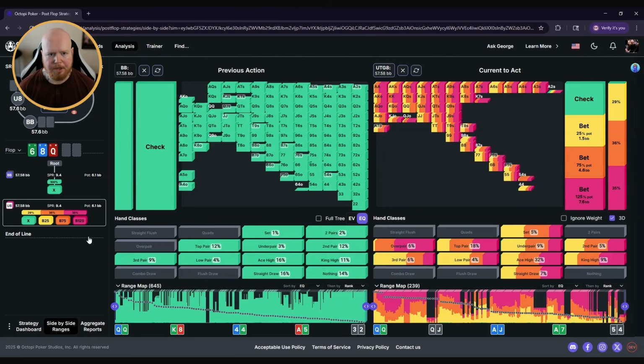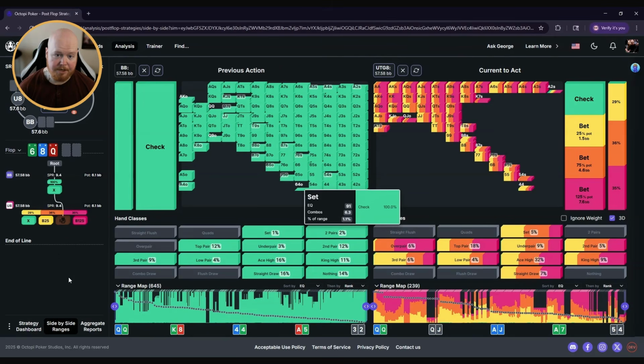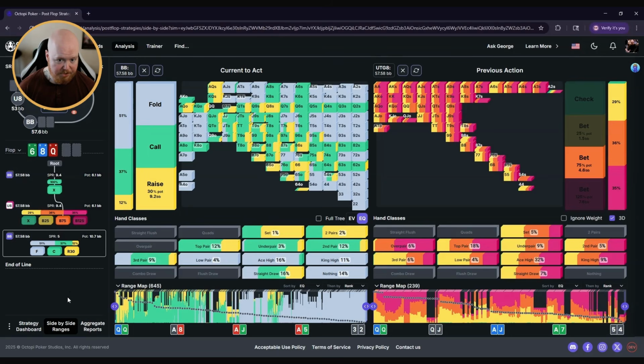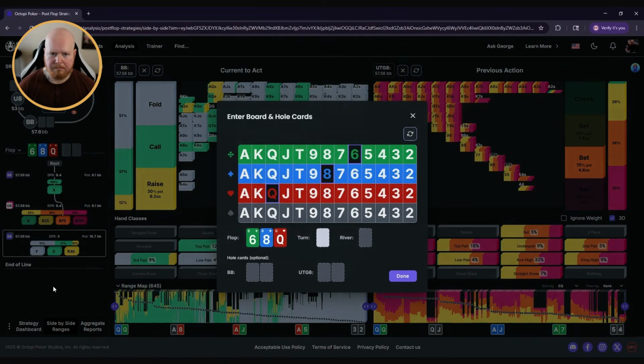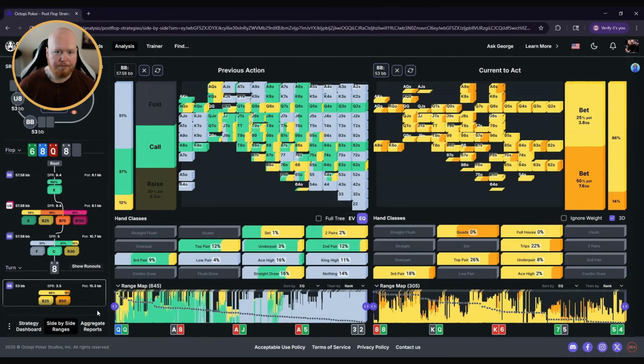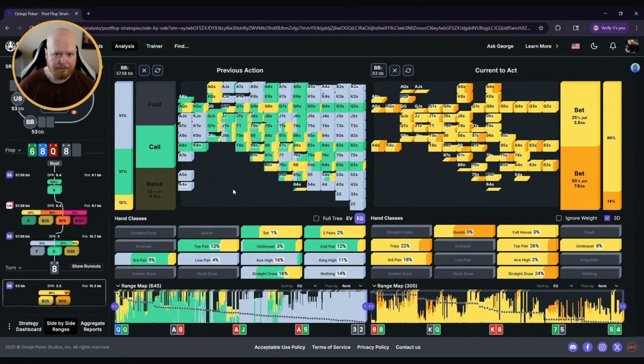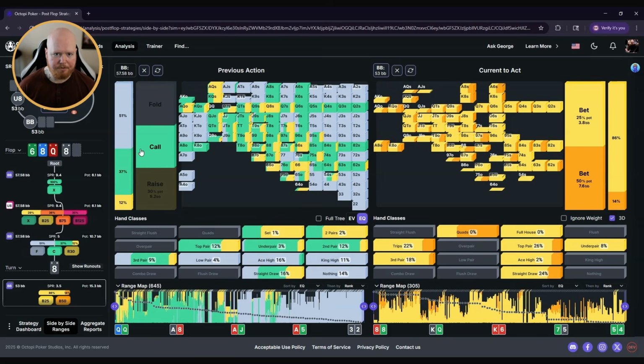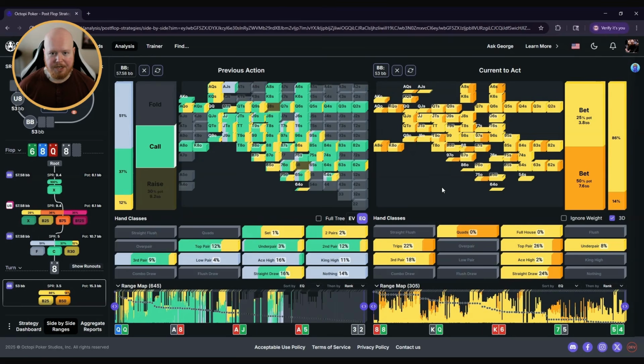For example, I'm going to proceed through the node here where the in-position player uses the B75 size, and we're going to see what the big blind's response looks like. This is it right here on the left. Now, if the big blind calls the flop bet and the turn is going to be the 8 of spades, we'll select that right there. We can now actually see the big blind's flop check call range on the left right here with the selected action. And we can also see the next